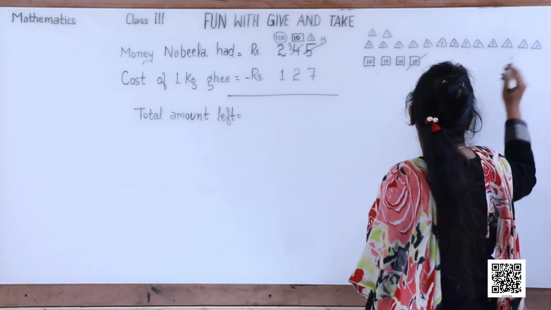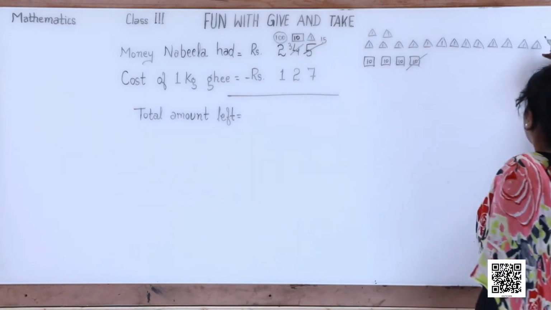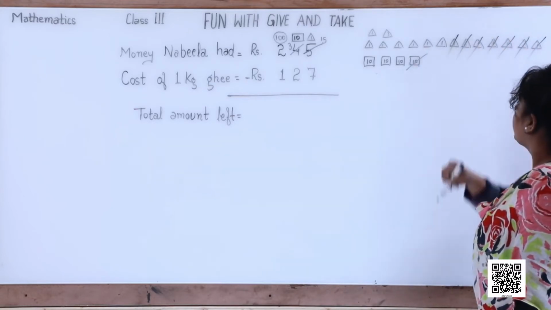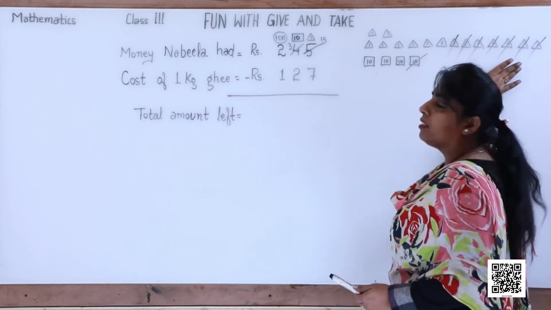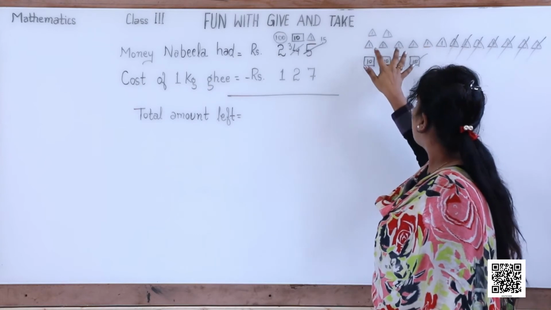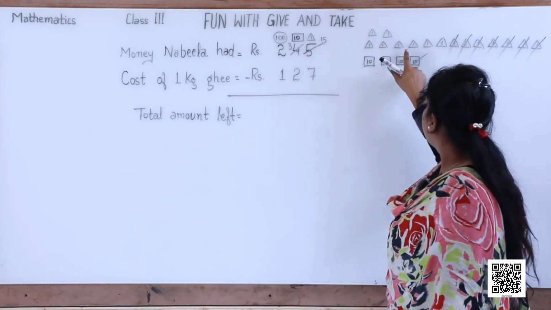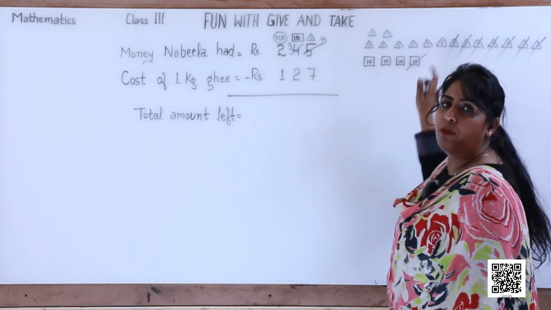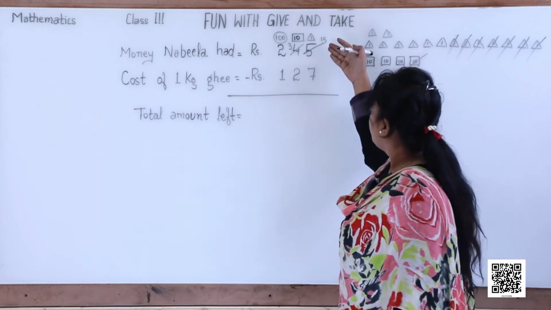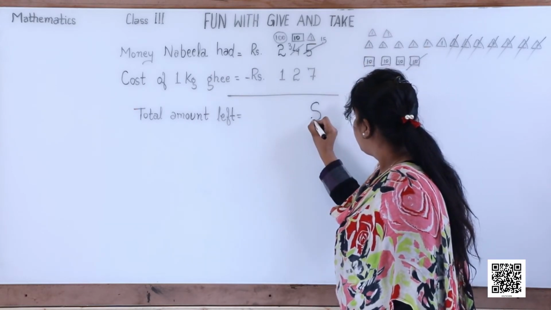So, what are we going to do? We are going to cancel 7 out of these. So, let's do that. First, second, third, fourth, fifth, sixth, seventh. So, 7 ones triangles we have already cut. How many triangles are we left with? We are left with 5, 6, 7 and 8. How many triangles? 8 triangles. So, 15 minus 7 is 8.